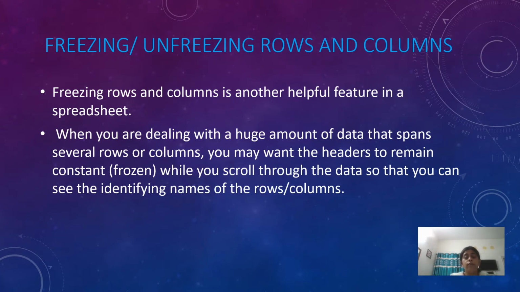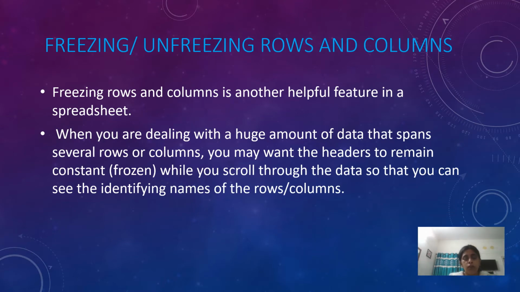So for that, children, if required, we can select a particular column or a group of columns or a single row or a group of rows, and we can lock them at their place. When we freeze them, only those remain in place, and the rest of the rows and columns can be scrolled. That is basically the freezing option. Later, if our work is done, we can unfreeze the rows and columns which were frozen. Whenever a column or a row is frozen, it cannot move from its place. That is the meaning of it.